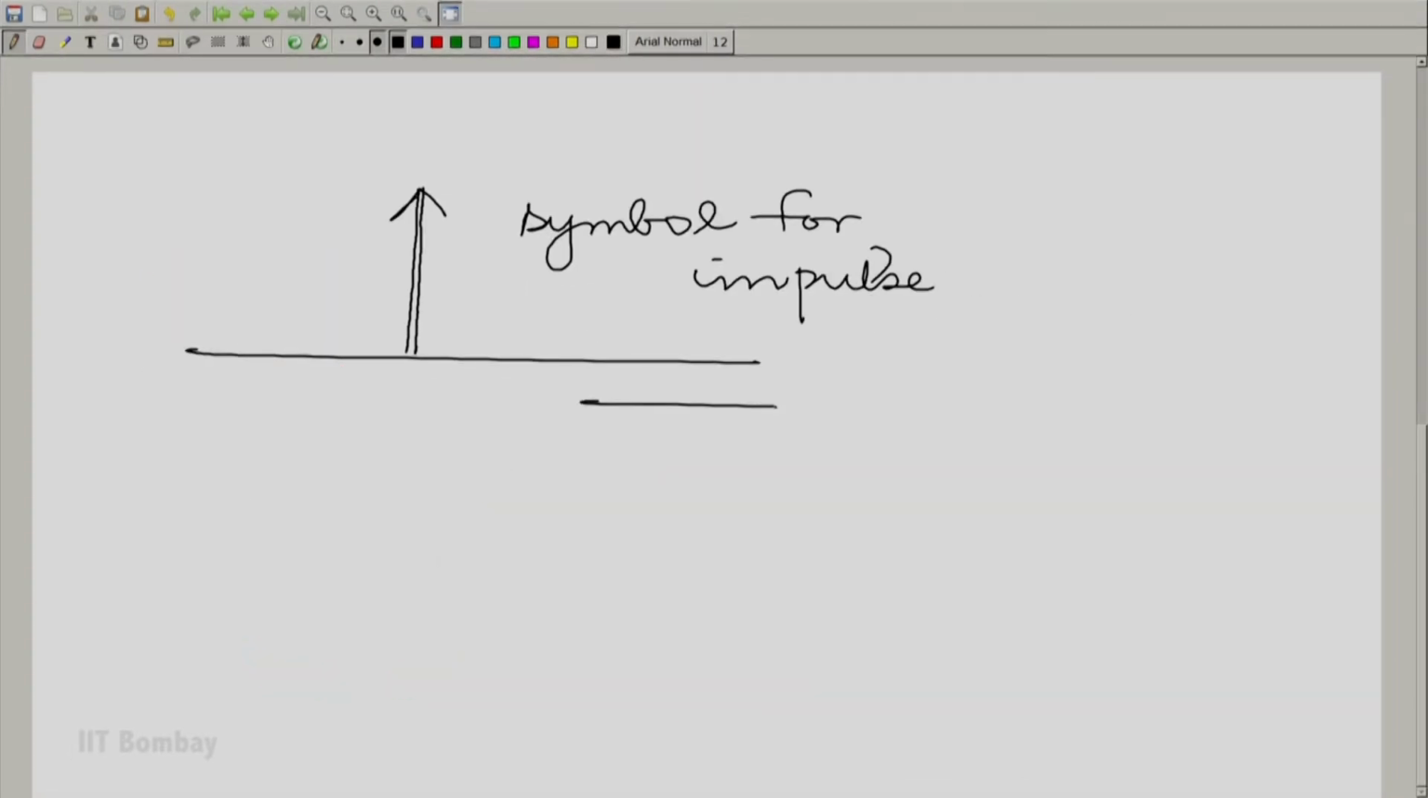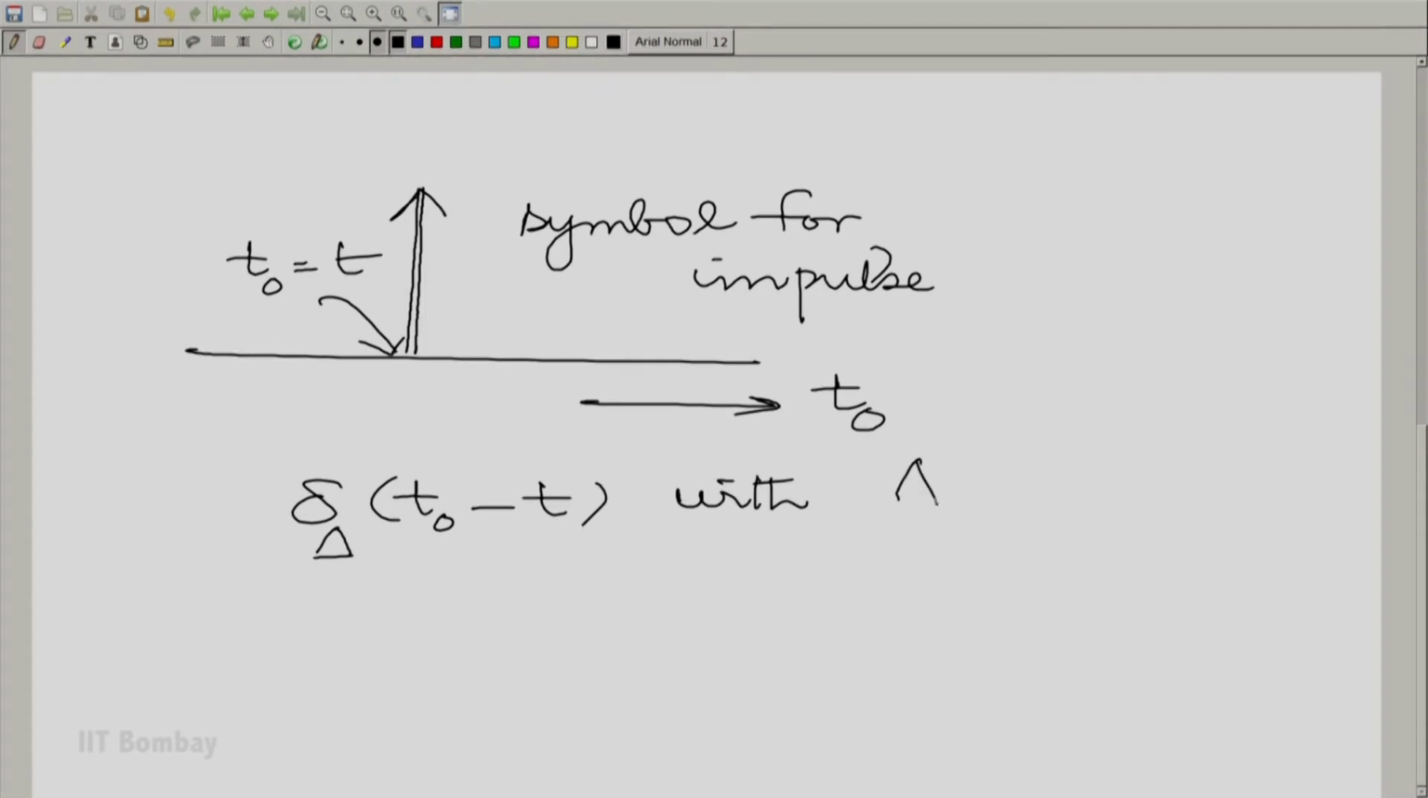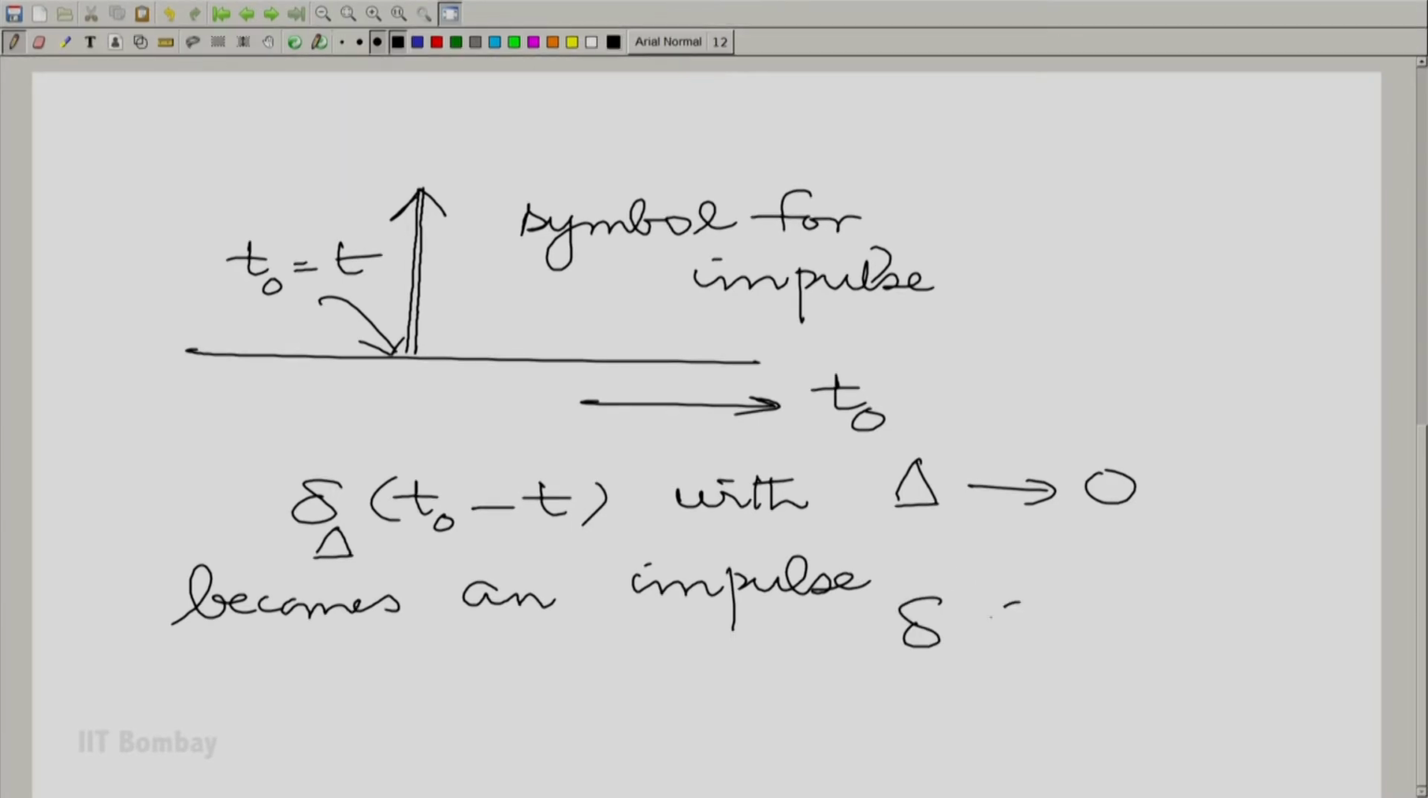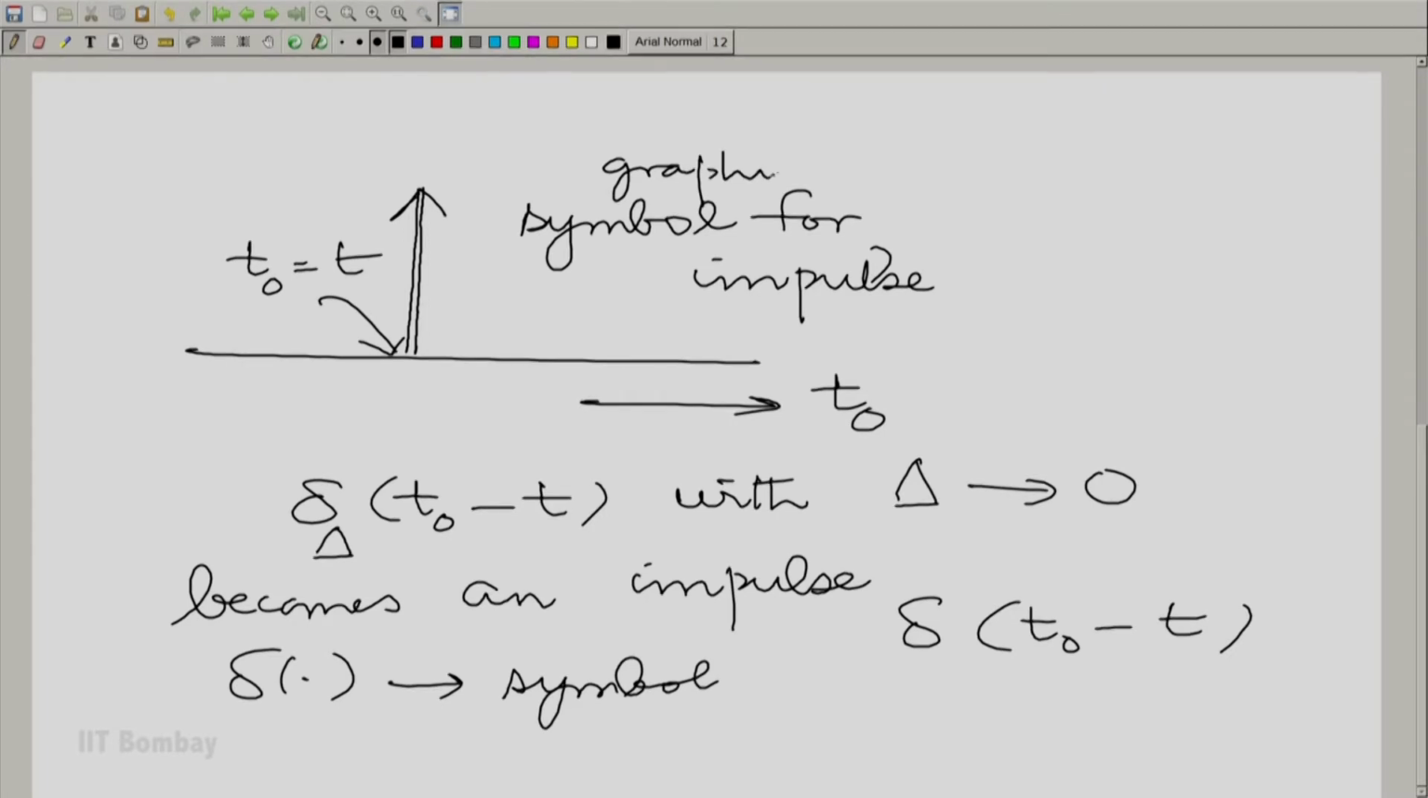So, going back, if you call the indexing variable t0, and if this point is t0 equal to t, then delta delta t0 minus t with delta going to 0 becomes an impulse, delta t0 minus t. So, just delta is now an impulse. This is of course the graphical symbol that we have used here, and this is the algebraic symbol